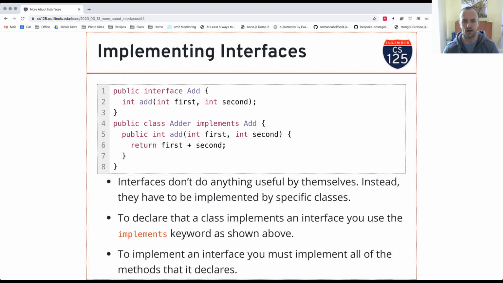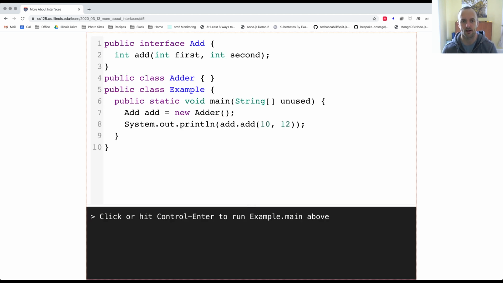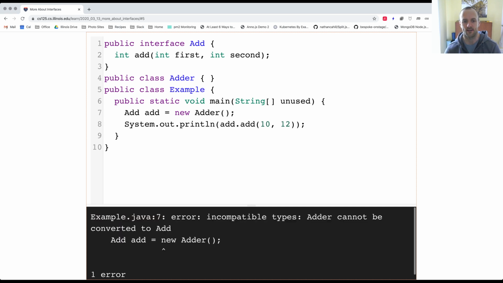So let's look at a little example here. I have my interface declaration up at the top. I've declared a public class, and right now that class does not declare that it implements the interface, and it also doesn't implement the interface methods. If I run this, I'm going to get an error from the Java compiler